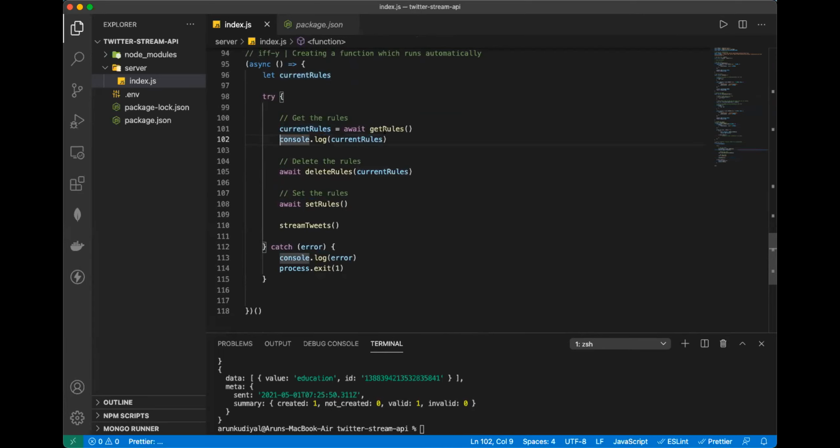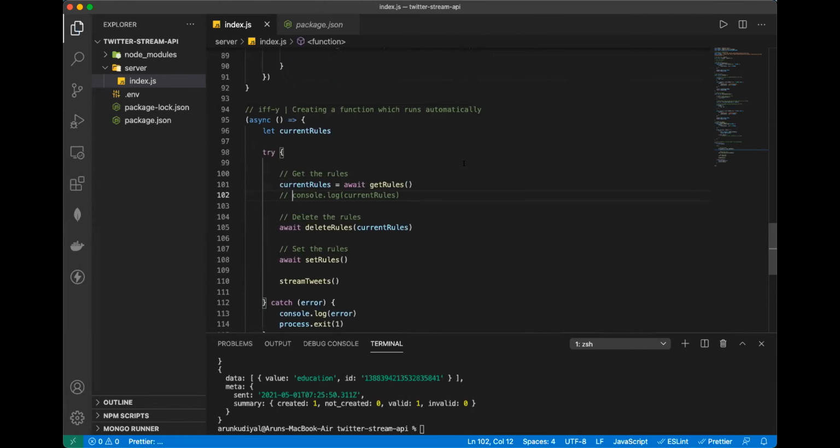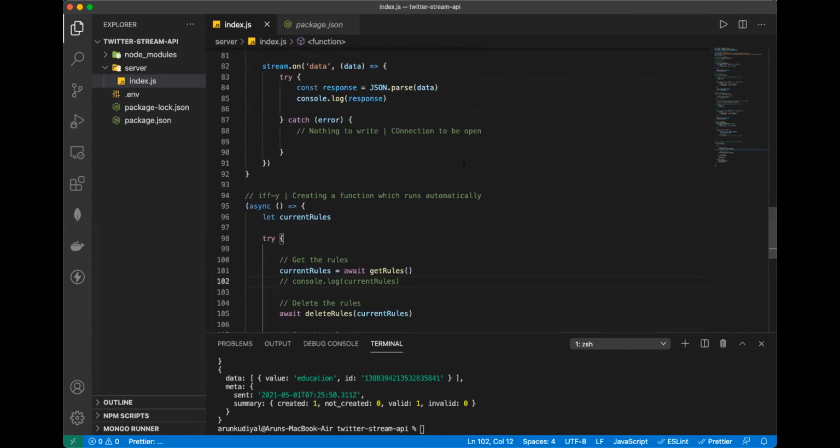So let's comment this out. And then we are going to say that I'm going to await delete rules. Wait, we are going to stream now. So we're going to say await delete rules. And this delete rules is going to take the current rules and it's going to set these rules, right? I'm going to catch anything if we have bad, right? So the problem here is going to be with either setting the rules,